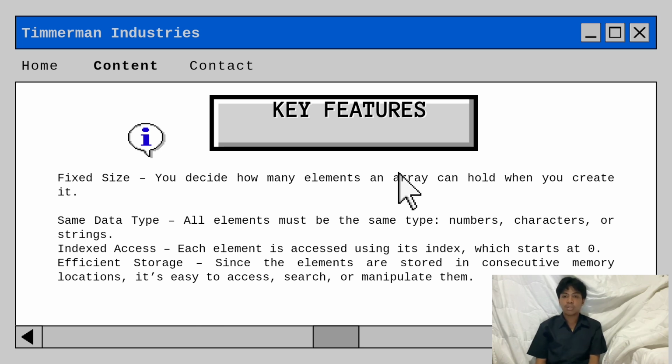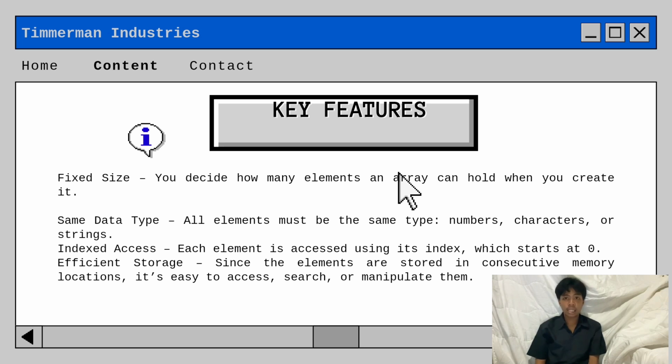The key features of an array. Fixed size: you decide how many elements an array can hold when you create it. Same data type: all elements must be the same type, numbers, characters, or strings. Index access: each element is accessed using its index, which starts at 0.